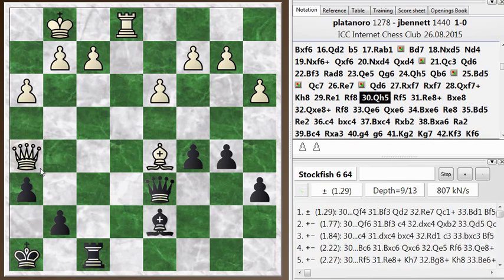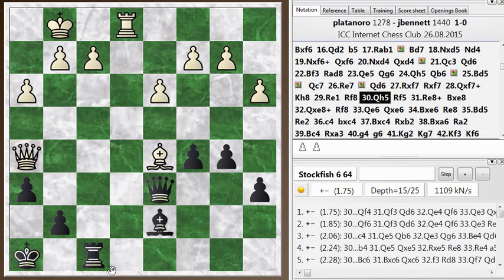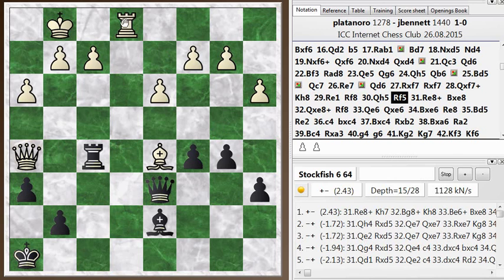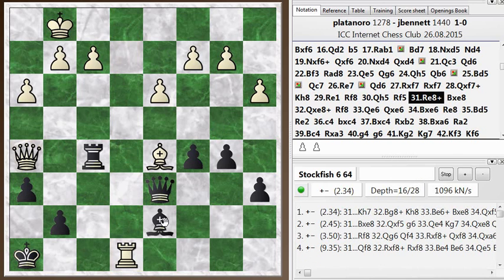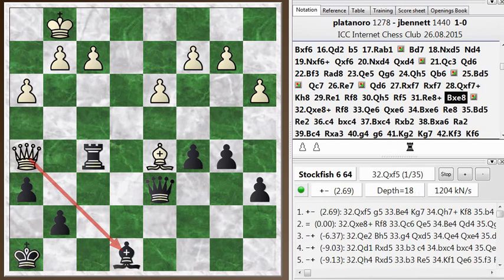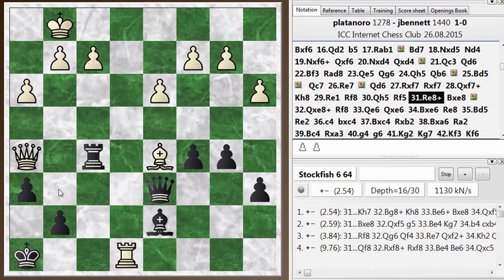Queen drops back to h5. And I play rook f5, chasing his queen. He goes rook e8 check. I grab with the bishop, and then he just, I guess by reflex, takes the bishop back. The way to keep the advantage: the rook check has deflected my bishop away from the